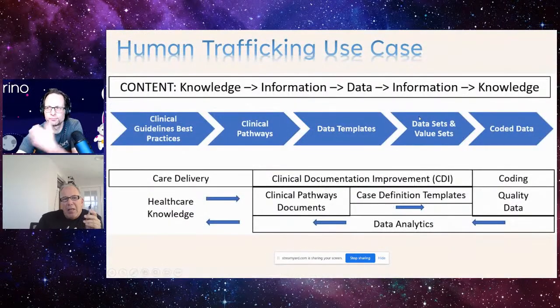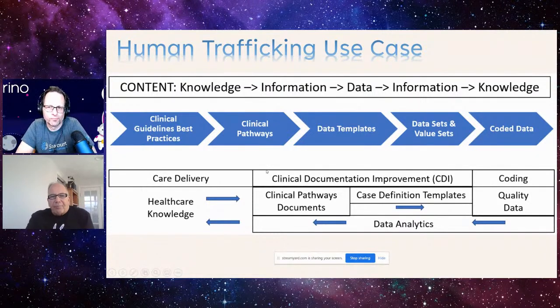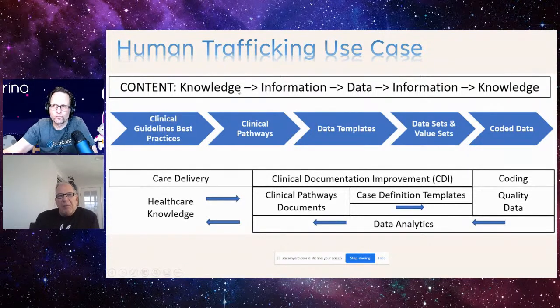That's cool. Now, we have a human trafficking use case that we're going to look at. In this case, what I want to describe to you is the fact that we're moving from a knowledge source, and that knowledge source typically is what? It's embedded in